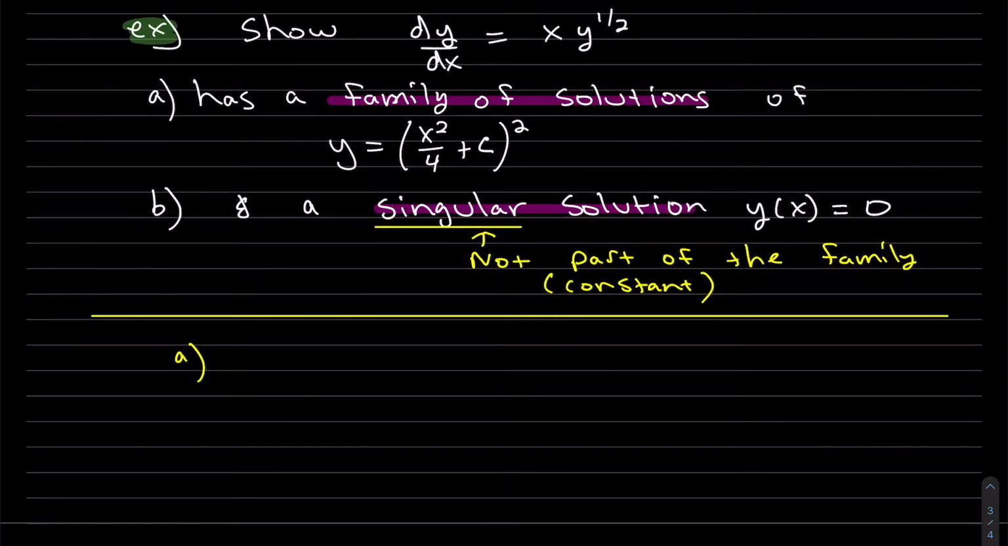Here's our example. We're going to show that this DE has a family of solutions. That's our equation, our solution y equals x squared over 4 plus c, quantity squared. And we're also going to show that the DE has a singular solution, which is basically just not part of the family. It's a constant in this case. So part A, our DE